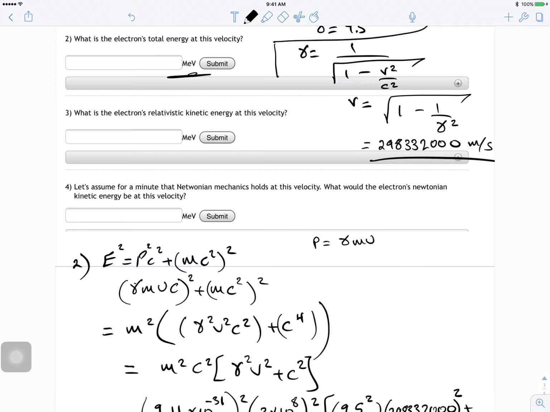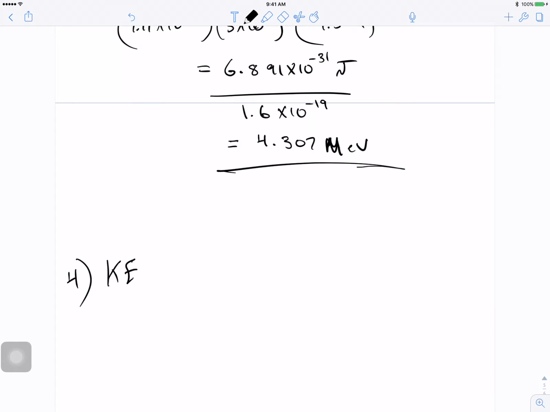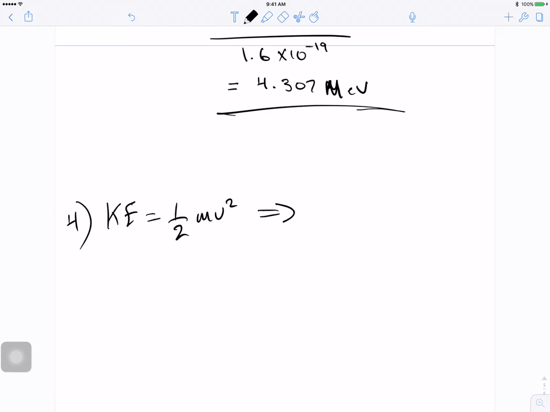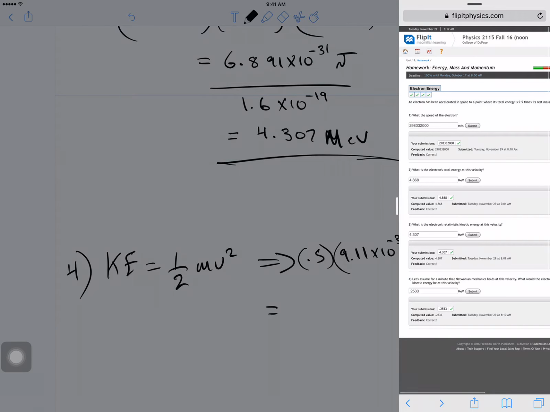All right, for number 4, if Newton's mechanics hold at this velocity, what's the kinetic energy at this point? We know the kinetic energy in Newtonian mechanics is half m v squared. So we go 0.5 times 9.11 times 10 to the negative 31, times 298,332,000 squared. For this I got 0.2533